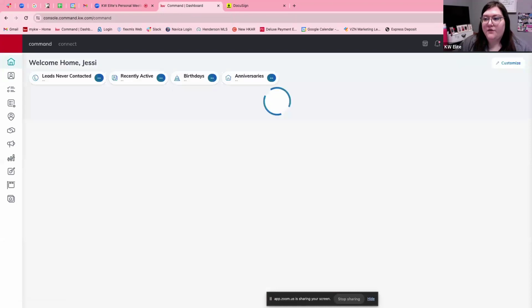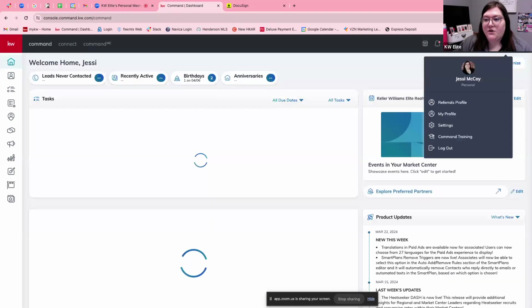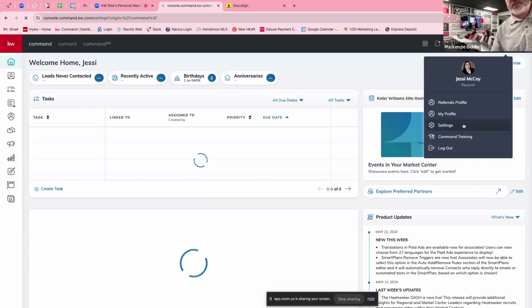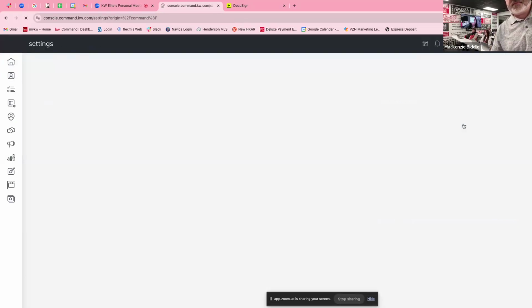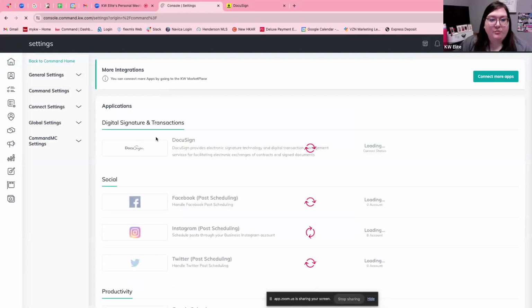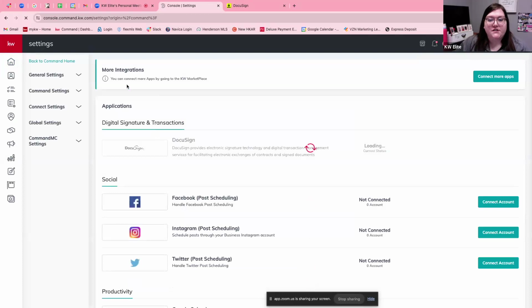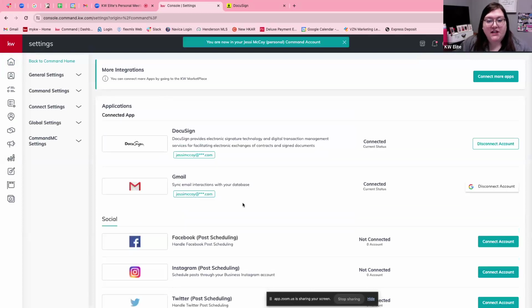From there, all you do is go to settings. And then it will bring up all of the different integrations for programs you can connect to your Command. You would just have a connect account button next to DocuSign, and you just